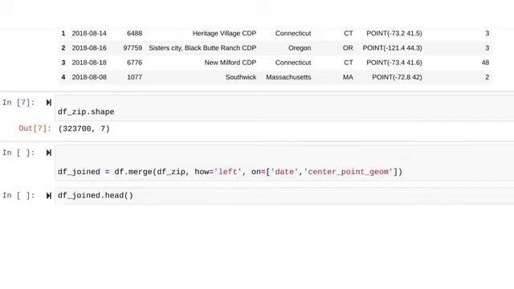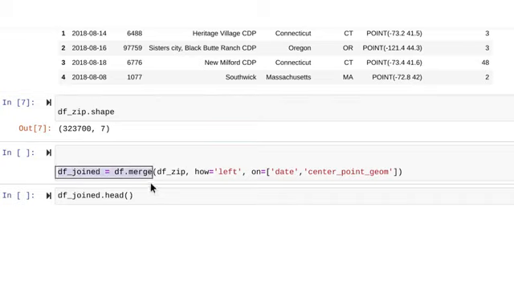We'll need to create a new data frame. We'll call it df_joined, followed by an equal sign and df.merge. This df.merge indicates that we want to merge the first data frame we saved, named df, with another data frame. For the merge, put df_zip in the argument field, which is the data frame we want to merge with df.